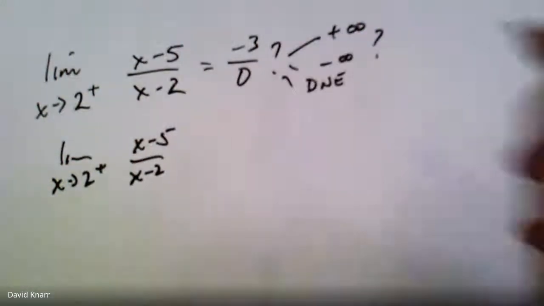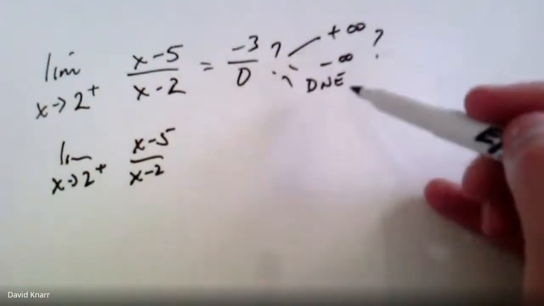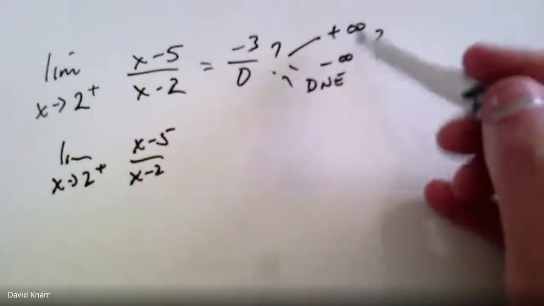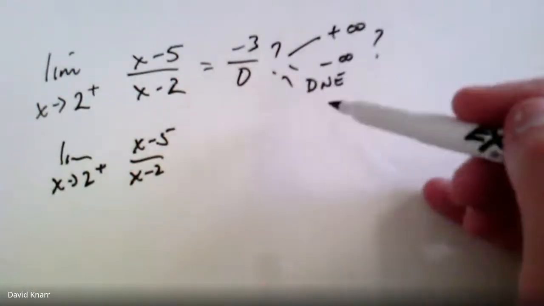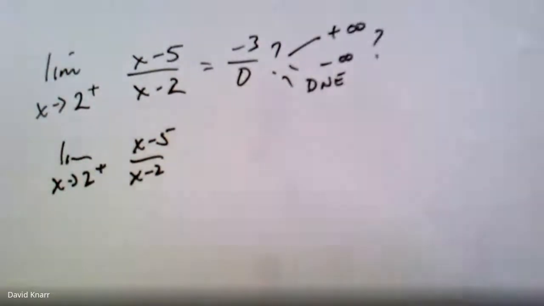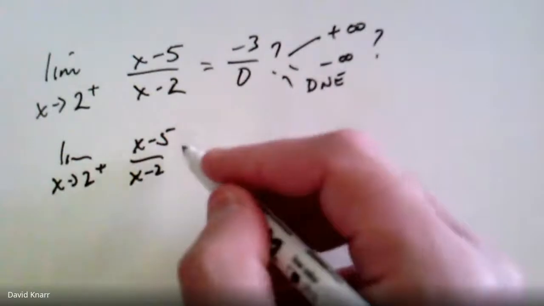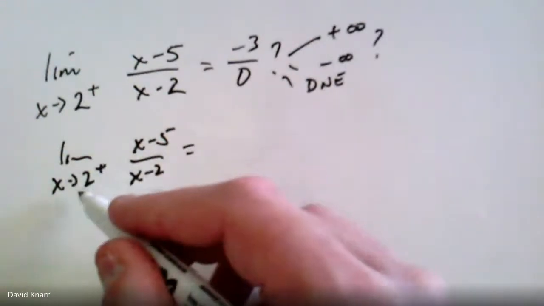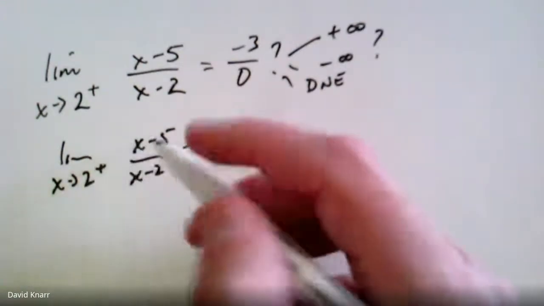If you're only approaching from one side, you should automatically be able to eliminate one of these three choices. One of them can't possibly be the answer that you would write down. So think about that. Okay, so if x approaches 2 from the right, if I substitute 2 in the numerator,